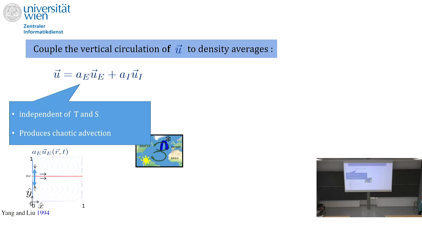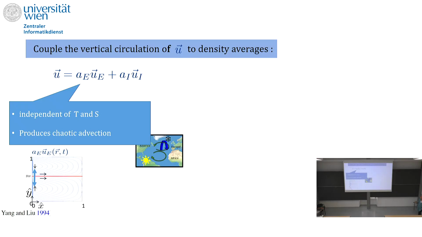If it is steady, it will have no chaotic advection, and if you move the boundary up and down, you get chaotic advection. Again, these kinds of models were heavily studied in this context of chaotic advection